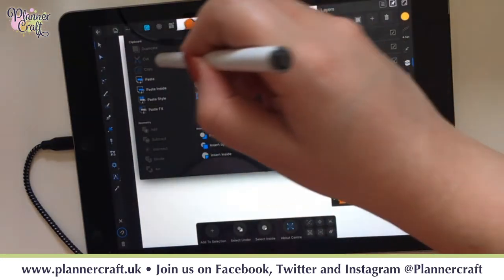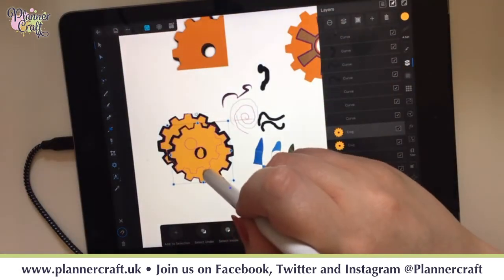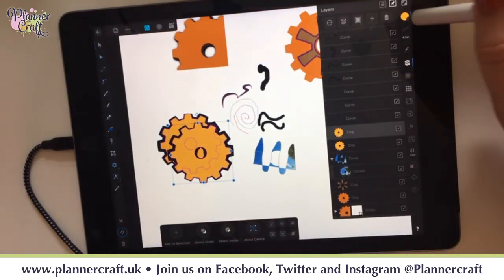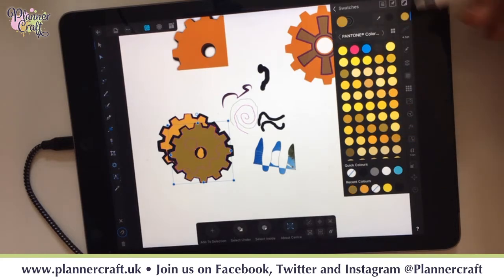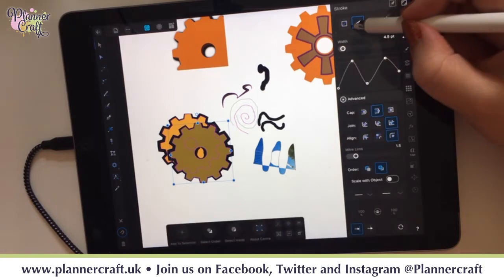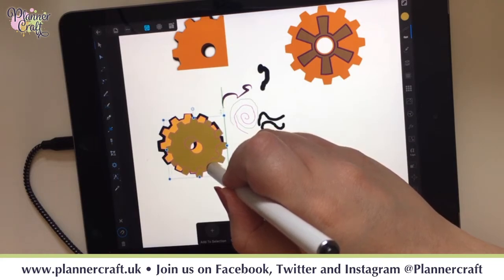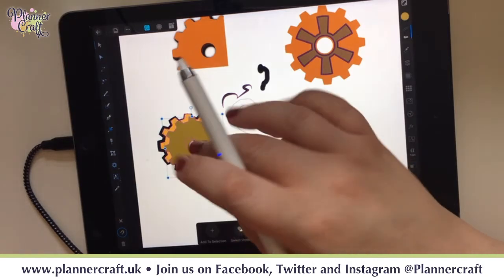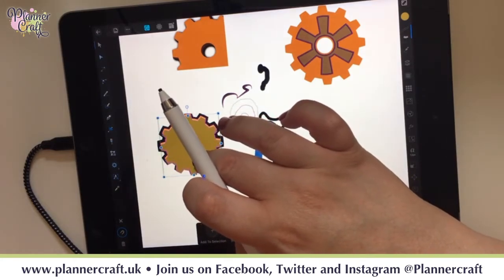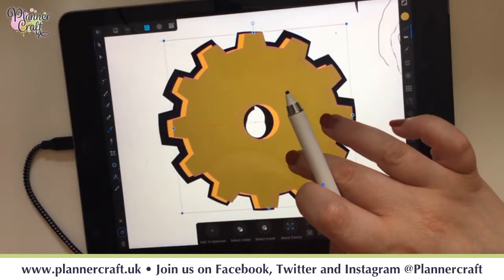We can duplicate our shape if it's selected. There we go. Drag it over. Let's give it a different colour. Let's go for that one. And get rid of that stroke because it's daft. Okay. So I just want to slightly offset it so you can see what's going on. Zoom in. There